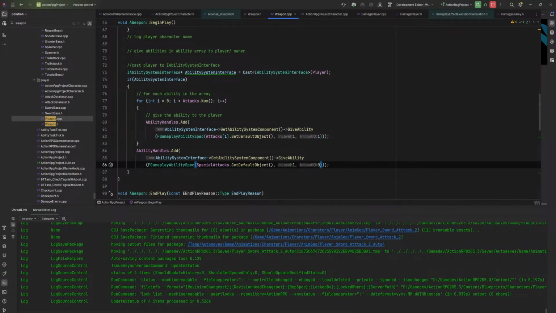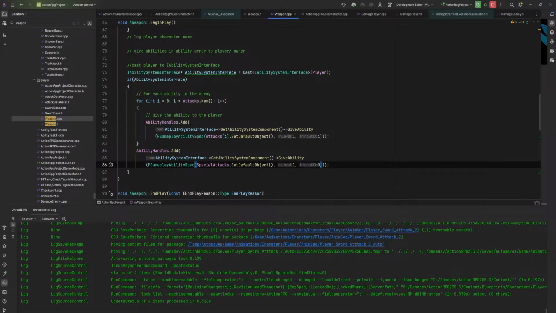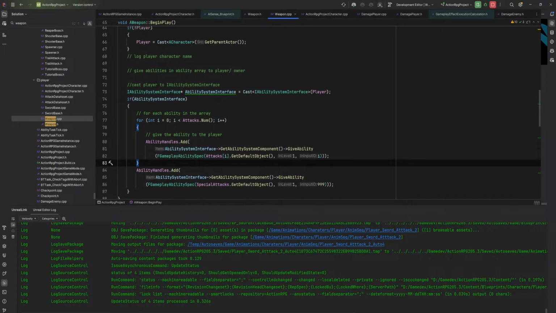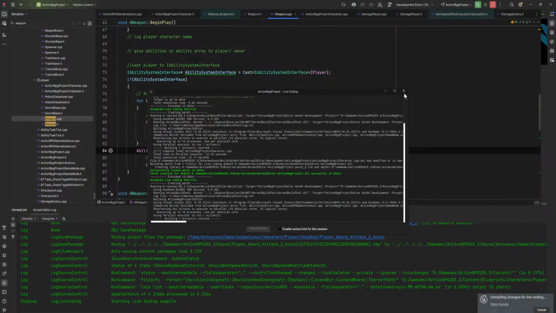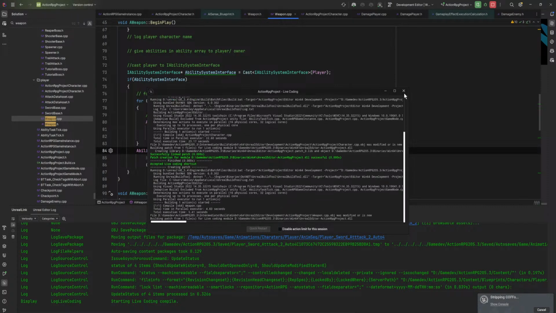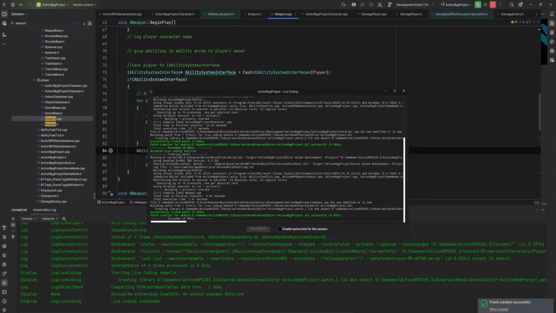Ability handles. The special attack here anyway. Okay, so special attack should probably be like 999. That still doesn't explain a lot of what the hell is the issue there, because it shouldn't have that ability until I switch weapons.